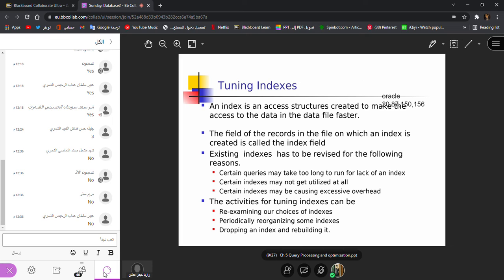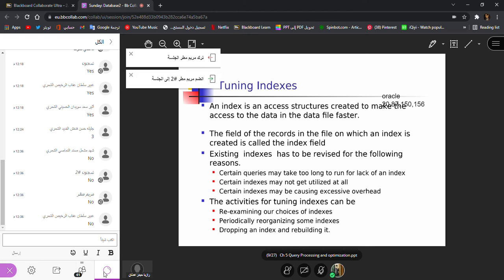If you write a query, select name from student where GPA is 4, I'm saying go to the table student and find me the name of the student who has GPA 4.